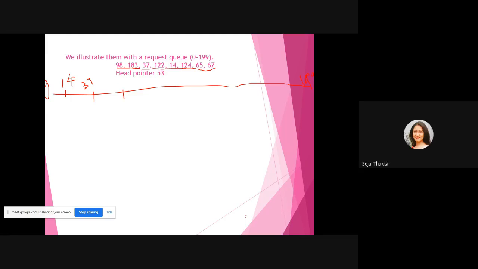Head movement starts with the 53, then 65, then 67, then 98, then 122, then 124, then 183, right?